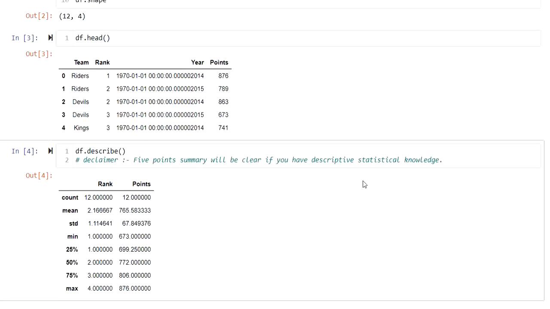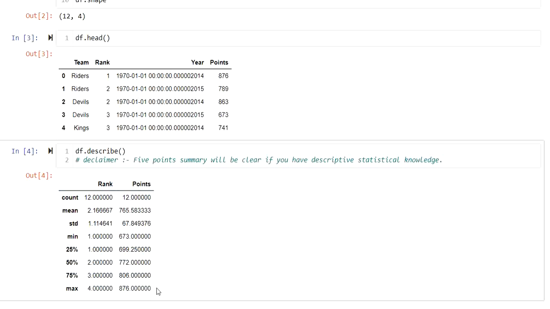Here is my df.describe, and when I did df.describe, I made sure to exclude my year column, because year is a time representation and a summary on it doesn't make sense. So I have a description on rank and a description on points. What information is written in this data frame, and what are its indices? We have count, average, standard deviation, minimum, 25 percentile, 50 percentile, 75 percentile, and maximum. Minimum to maximum has another name, the 5-point summary, which you can also get through a box plot.